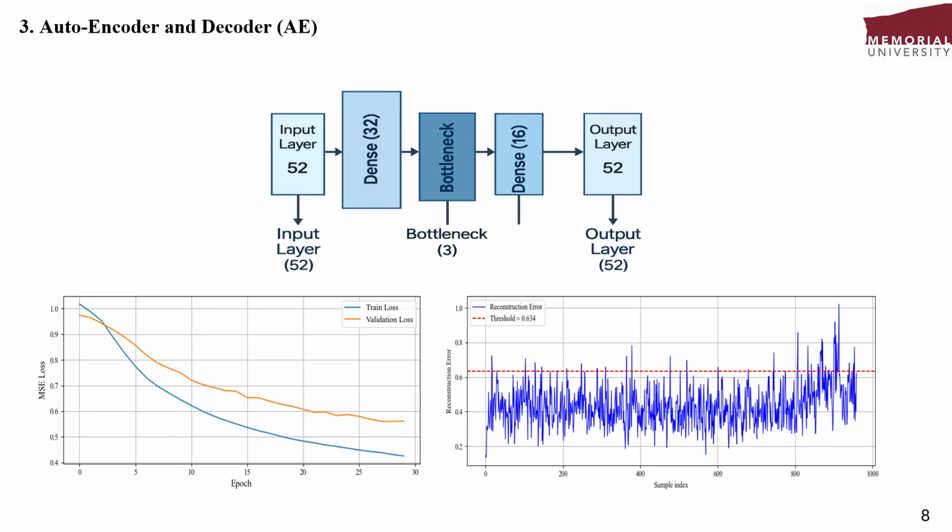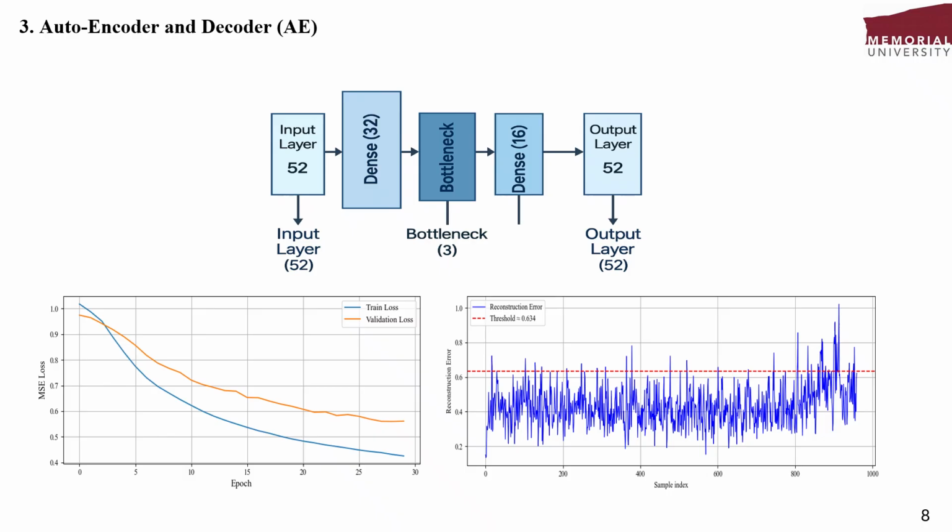The decoder up-samples back through 16 units to reconstruct the original 52 outputs. That three-node bottleneck captures the essential nonlinear manifold of normal operation, analogous to how PCA uses linear